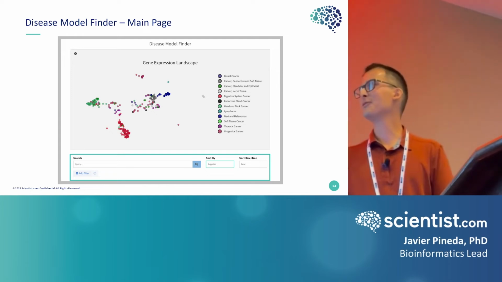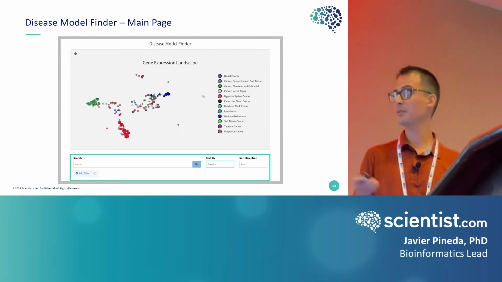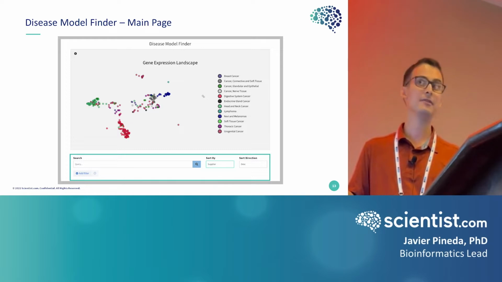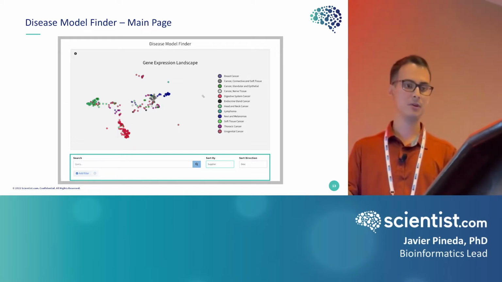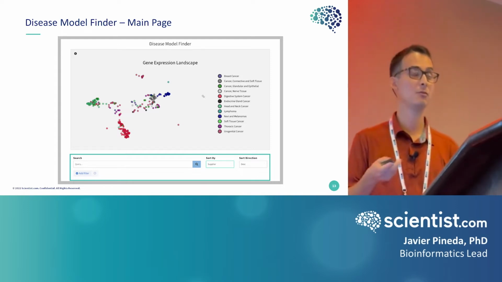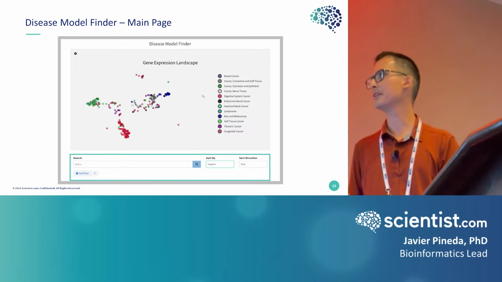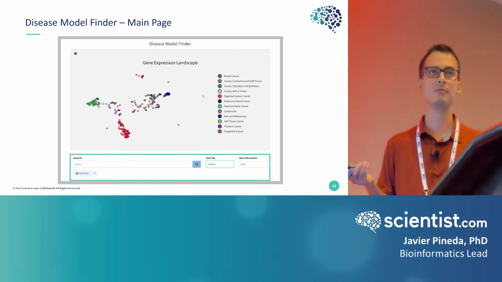All right, so if you would look at the disease model finder today, you're going to see something that looks like this. First off, you'll see the scatter plot that we have here. This has been constructed using RNA sequencing data that we have obtained from providers. So we run these through conventional normalization techniques as well as some machine learning algorithms to produce what you see here. This is also an interactive plot,